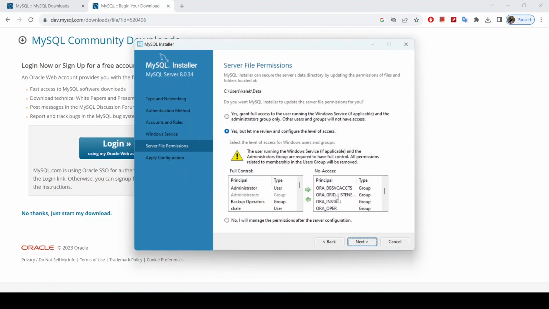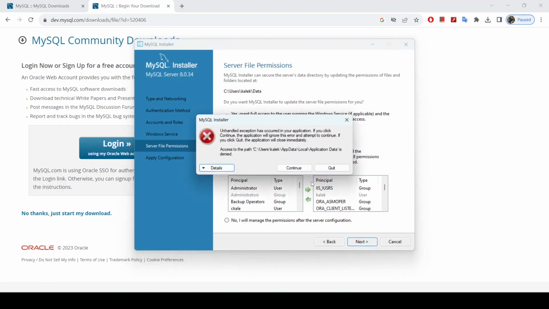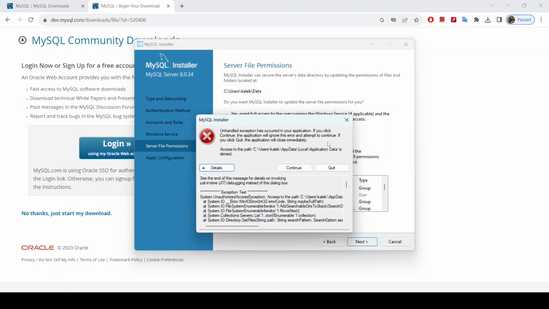So it does not want to write data here. Okay. Yeah, so let's